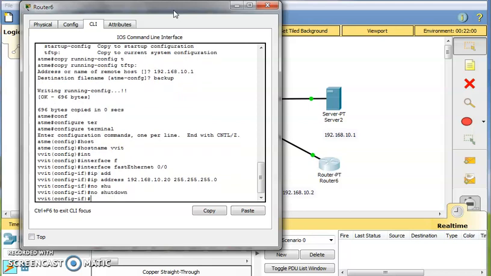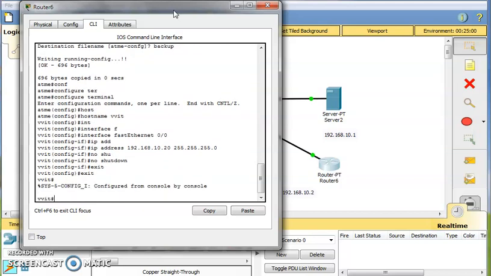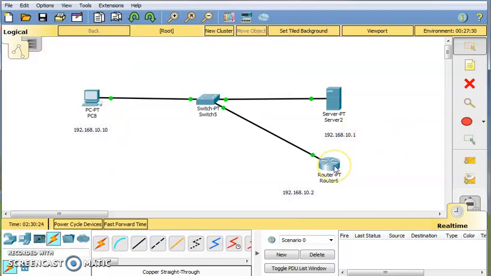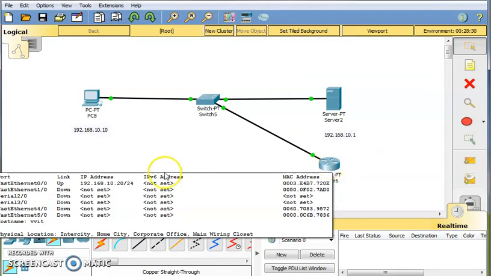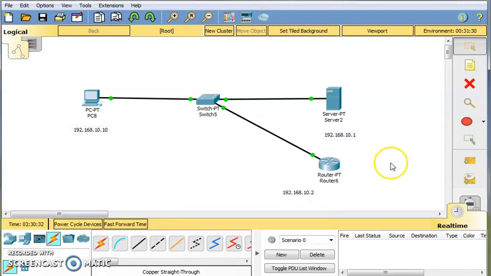No shutdown. Now check the IP address. Now the IP address becomes 192.168.10.20.